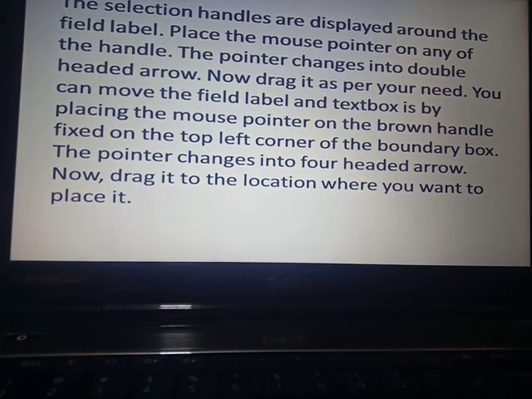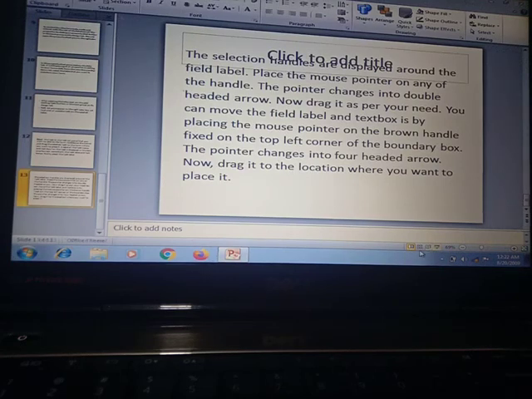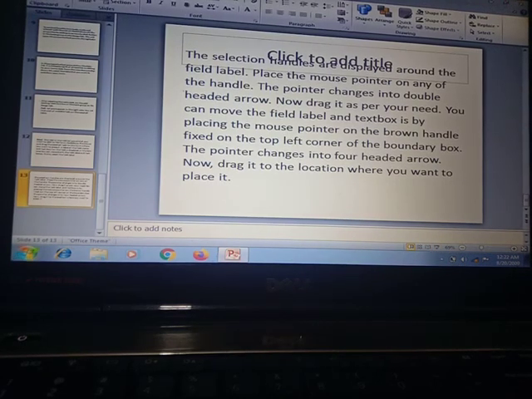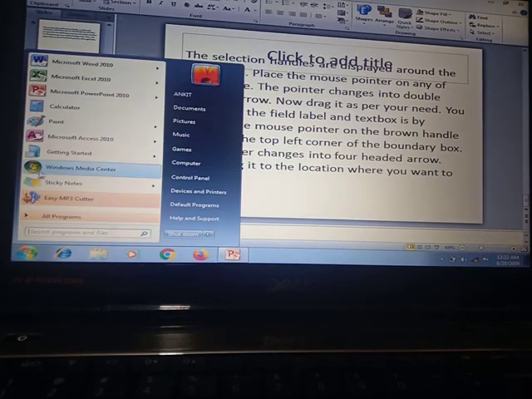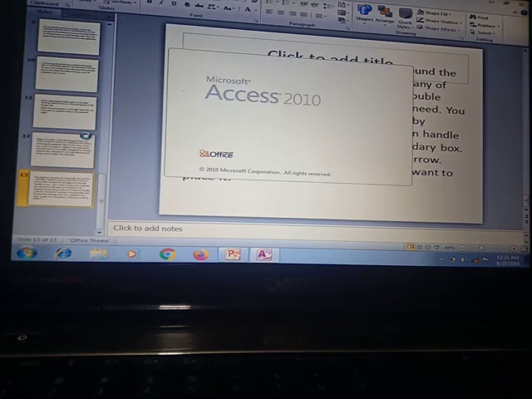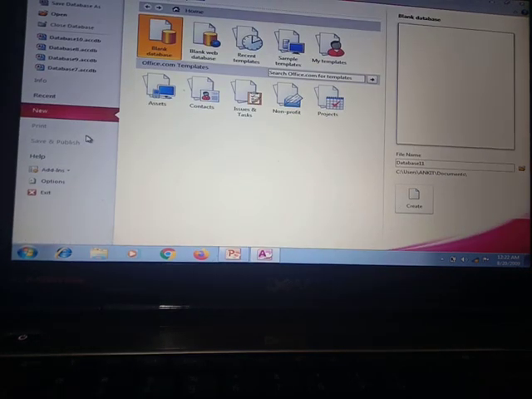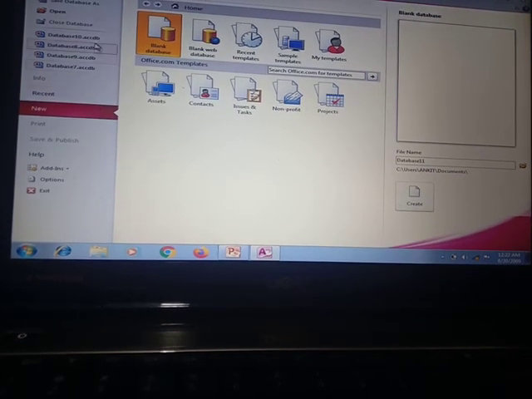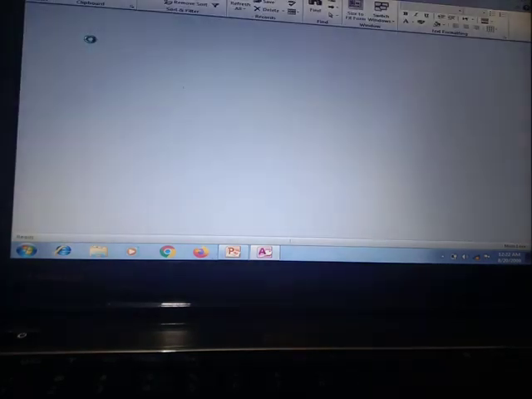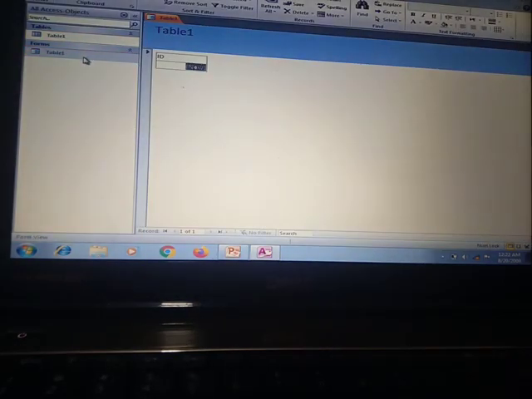To open MS Access, first we have to click on the Start button, then All Programs, then Microsoft Office, Microsoft Access. Microsoft Access is already open. Suppose we take this one. ID is automatically there.